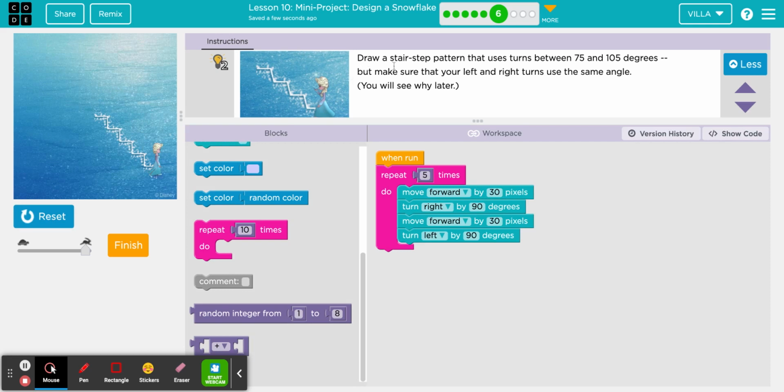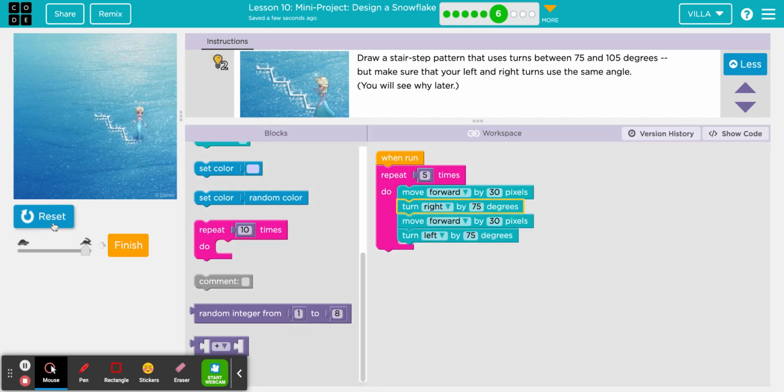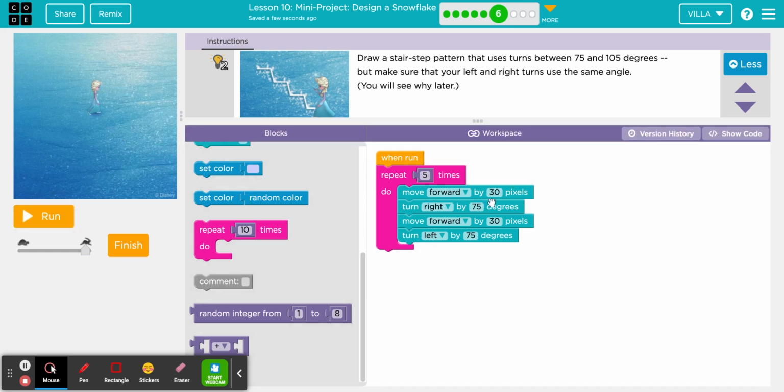Now, it does say draw a stair-step pattern that uses turns between 75 and 105 degrees. Right now, the turns are set to 90 degrees. So that number definitely falls within this. But if we change it, for example, to the lower end of the number that they're suggesting, let's change both of them to 75 and see what that looks like. Very cool. And if we change it to something larger, like 105,